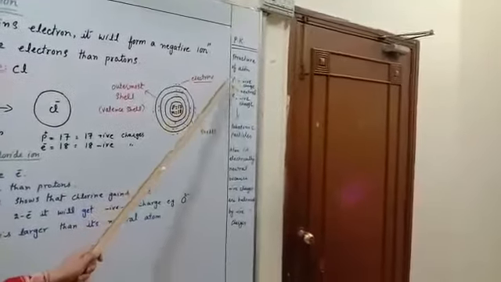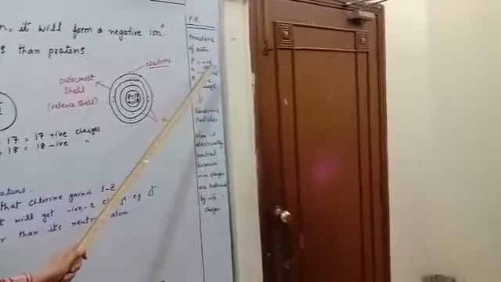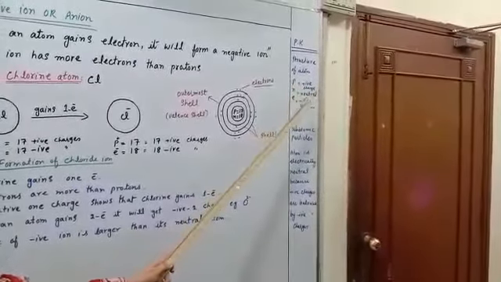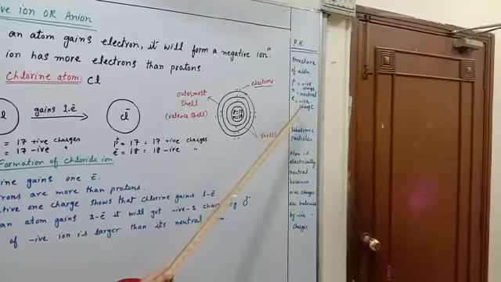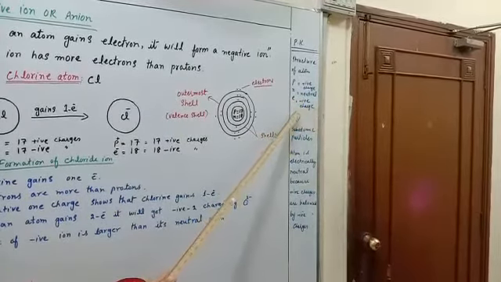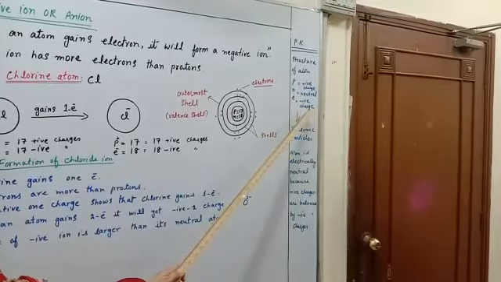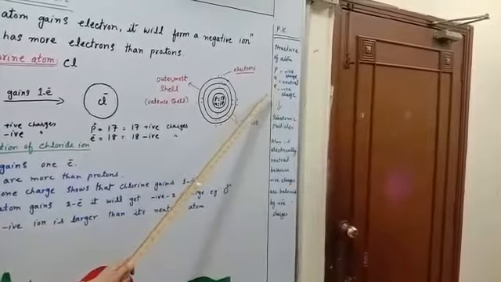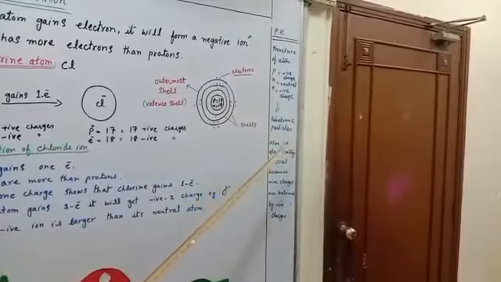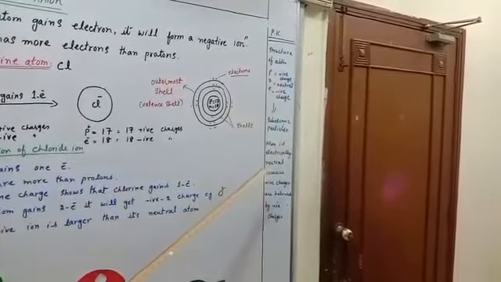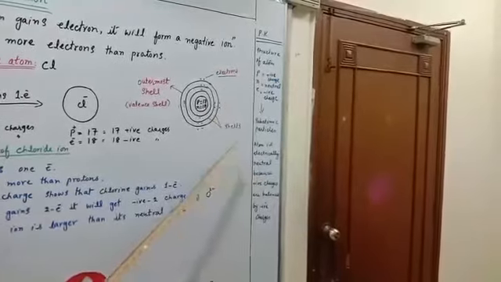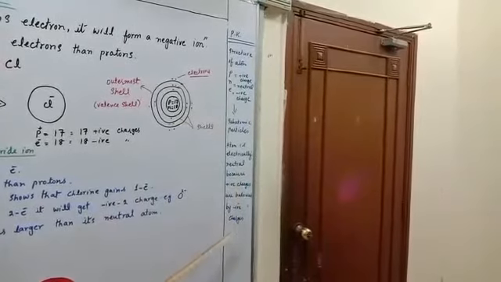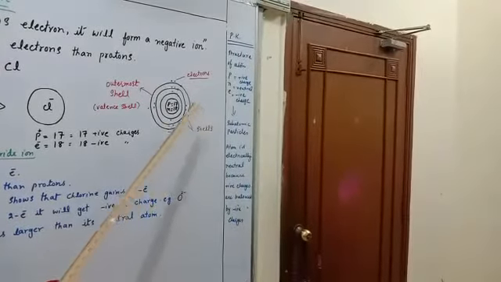Okay, you know that protons carry positive charge. One proton carries positive 1 charge, neutrons are neutral, and electrons carry negative charge. So, one electron carries negative 1 charge. All these protons, neutrons, and electrons are called subatomic particles. You know that an atom is electrically neutral because positive charges and negative charges balance each other, and the atom as a whole is a neutral particle.